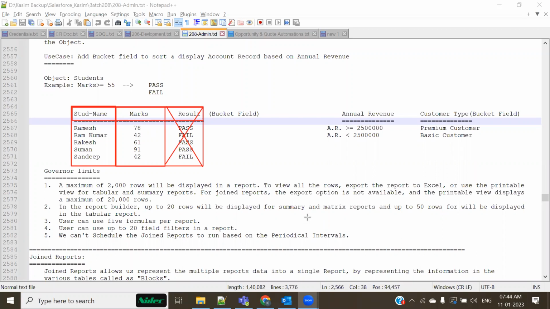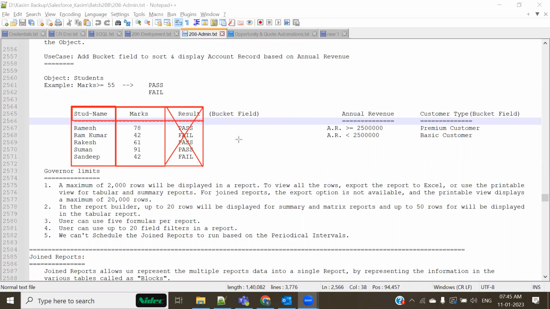Analytics is something most organizations usually use, because, as I told you many times from the beginning itself, from the day we started learning this topic, this is a very important and very impressive feature inside Salesforce CRM: how to create reports and how to statistically display all kinds of information to users, to their managers and everybody.